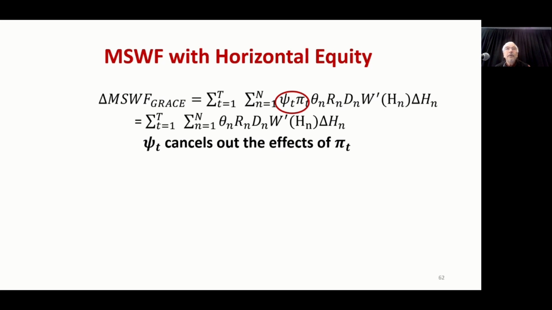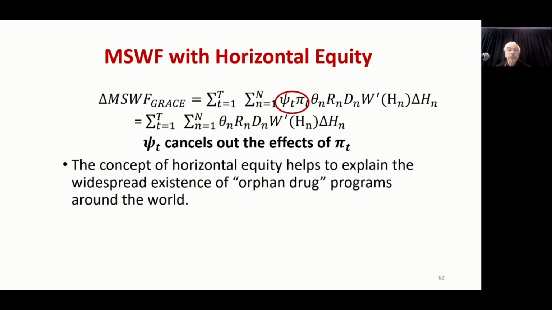So horizontal equity brings you back to the conclusion that everybody should be added up equally, but in this case, independent of the probability of disease. And so you get to the point of saying it's just as valuable to treat people with the same condition, the same severity or the same disability. It's just as valuable in society to treat them independent of the rarity if you have this horizontal equity presumption that people in similar circumstances should be treated similarly.